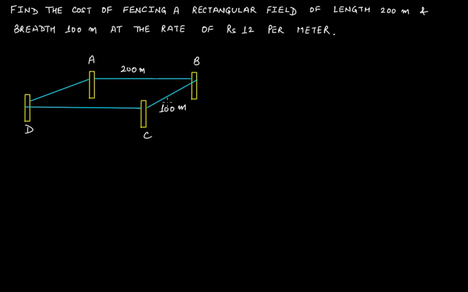So the length will be what? It will be nothing else but the perimeter, because we know that if we travel along the boundary, the distance covered is the perimeter. And therefore the wire that will fence it will be equal to the perimeter because it's going along the boundary. So the perimeter